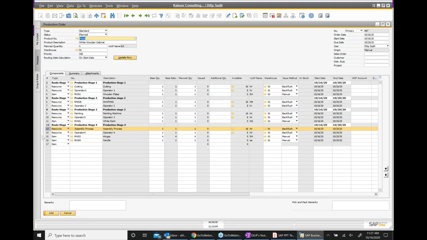Then for the assembly process, we need operator 4. And then we need hinges, 4 pieces. And then we need a handle, 2 pieces. But the interesting thing is, I don't have any hinge. I have available 0. I'm looking at the handle, I have 0. So that basically means